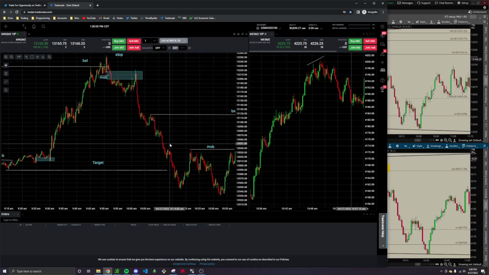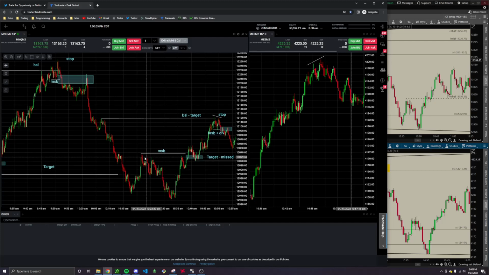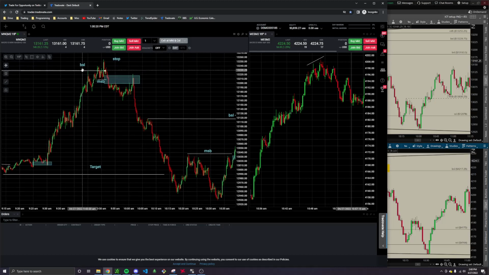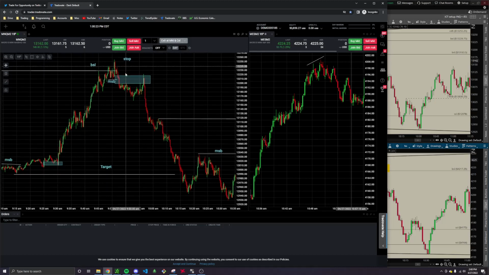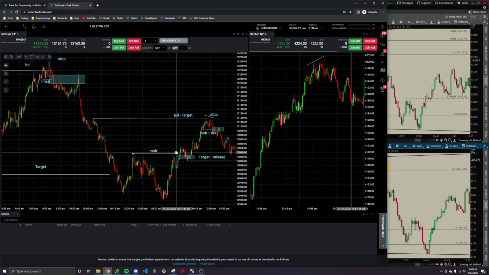Instead, we just kept going lower, hit this target eventually, and then created this local high here. Again, this is the 15-second chart, so there's a lot of data here, but you can see overall that this is the high that we're looking for. And then we traded below it again, eventually broke structure, and so all the criteria is met, right? You break buy side liquidity, you reverse, you take out sell side liquidity, which was the target here, and now you're breaking structure in the other direction, and you're getting ready for a reversal. So this was